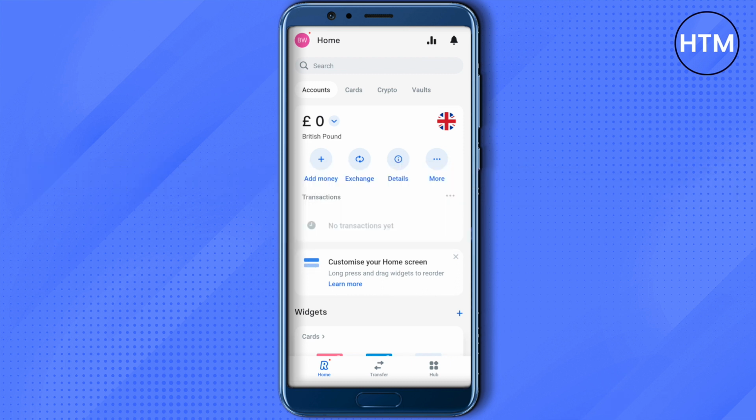In case you want to send it to your account or add money to your own account, then you can simply click on this option of add money, and then you would be able to select the option of regular bank transfer. Just select it and you would be able to transfer money from your bank account to your